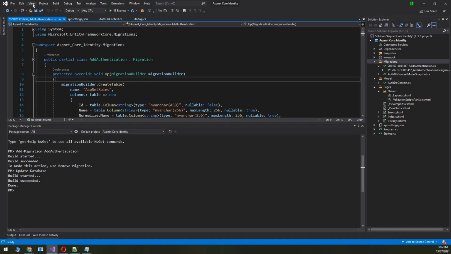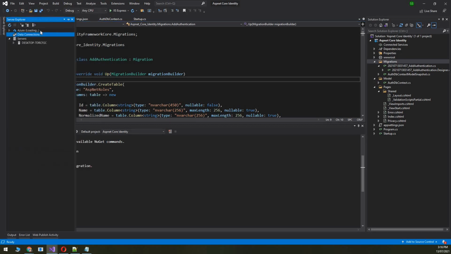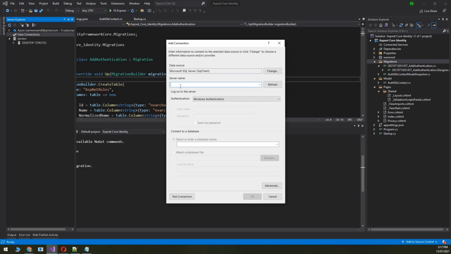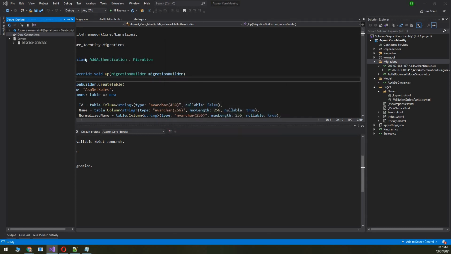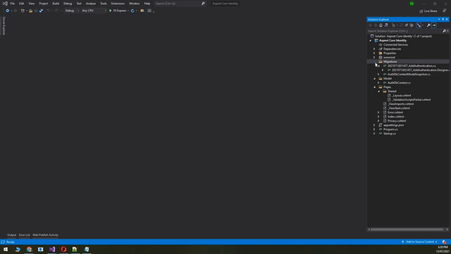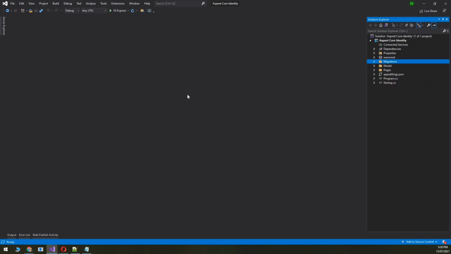So to view that, we will go to View, Server Explorer, and create a connection over here. We will add a connection with the server name called dot and choose the database. Our database was called ASP.NET Auth. We will click OK. So we can see that the database has been created. So let's see if the tables have been created or not. I will expand Tables, and as you can see, Entity Framework Core and ASP.NET Identity has created these tables inside our database. Our migrations have successfully completed,